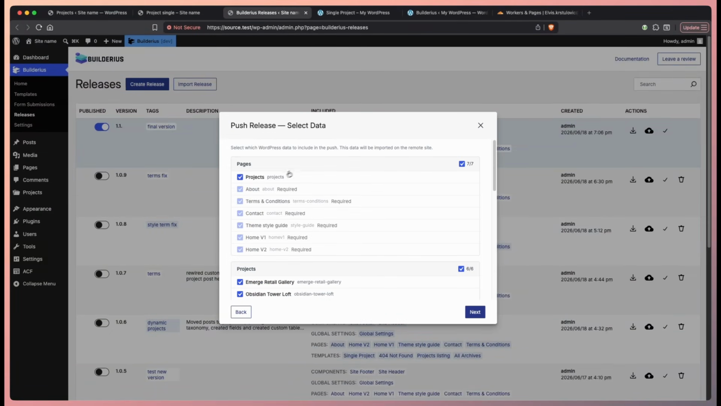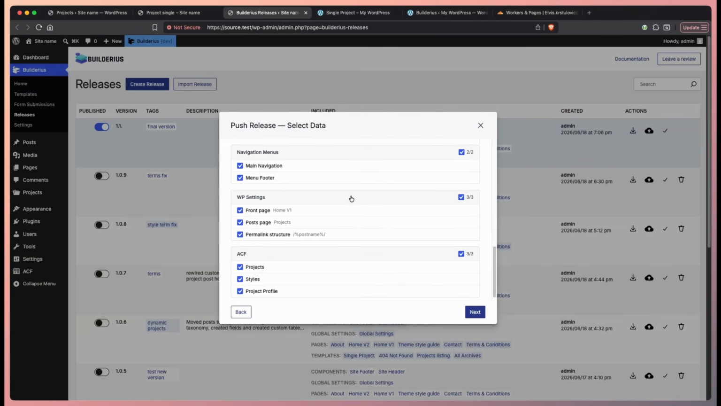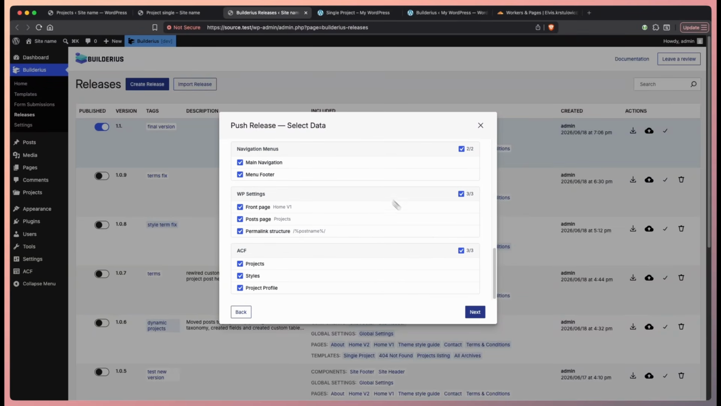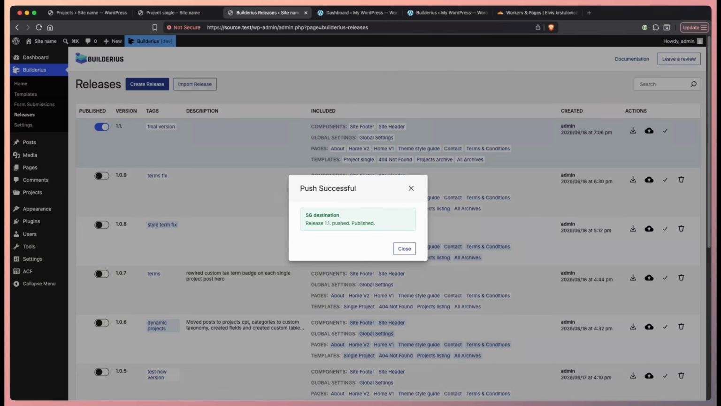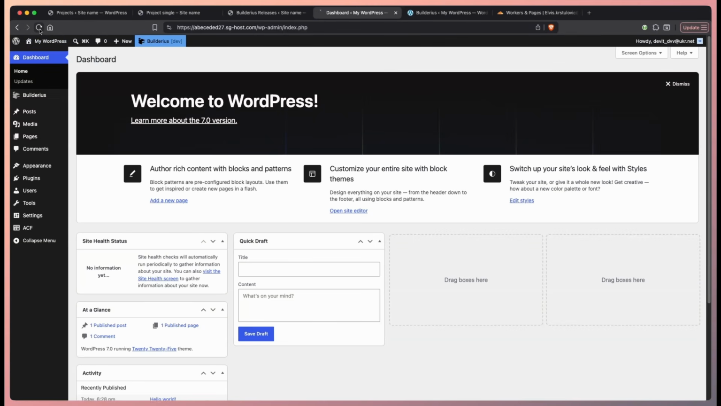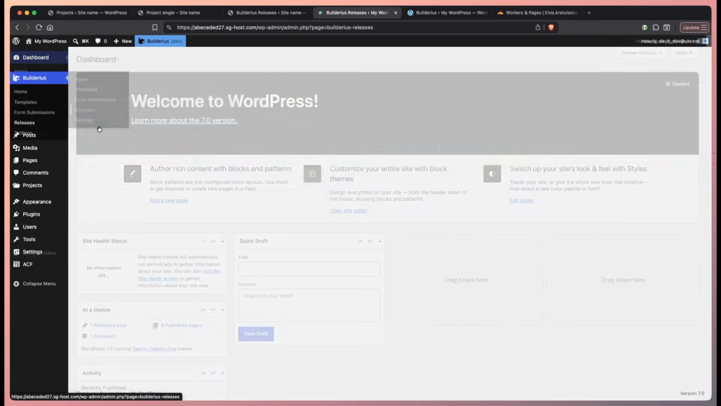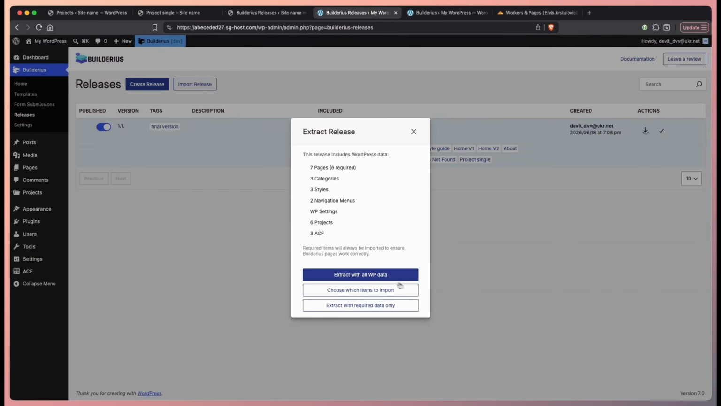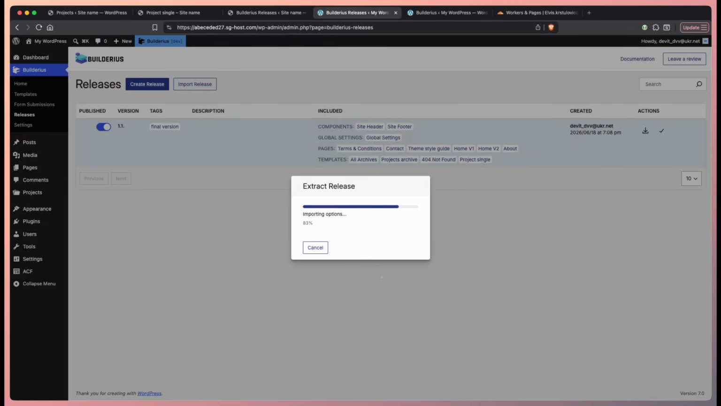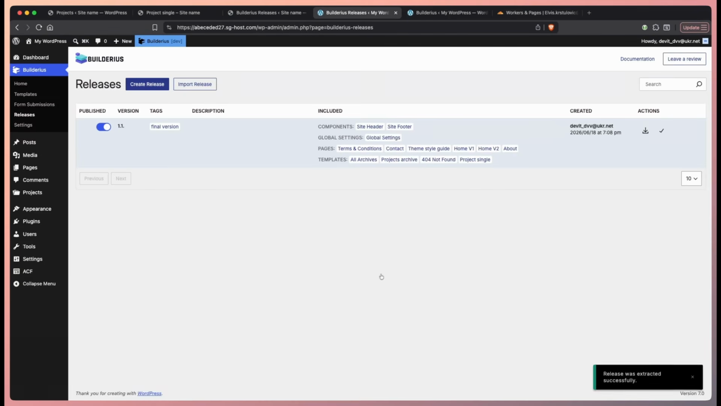I will choose what I want included in this deploy, and in my case, I just want everything. Set to publish on the remote website and push the release. And the deployment was successful. On my remote website, I will reload, see my projects, go to my release, see that the release has been created here, and extract all the data so that I can preview this in my builder,